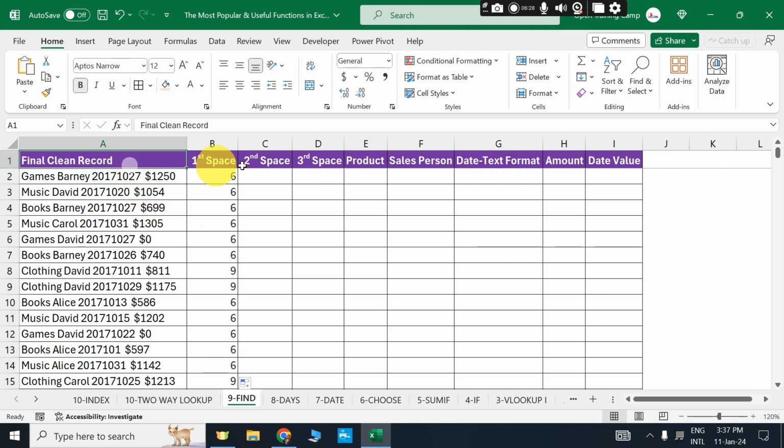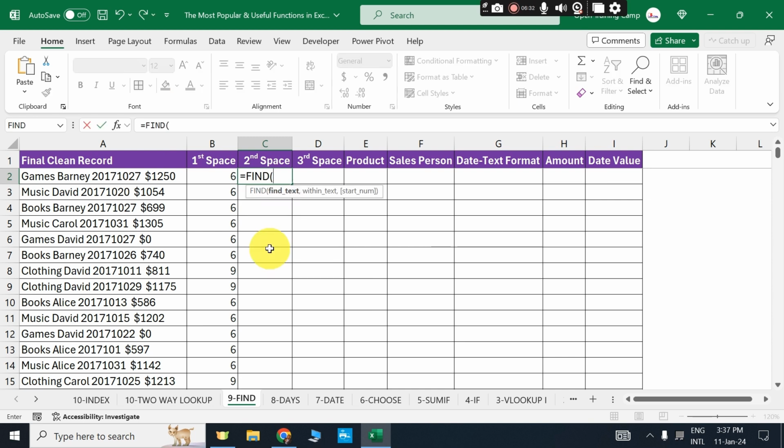Similarly, if I would like to search for the second space, I'll head over to this cell and say equals find. What are we finding? Still, it's a space. Where are we finding this space from? Within this particular text, comma, and this time we need to supply the start number argument. Okay, so I'll say start from the 6th position, but add 1 because I don't want you to consider the